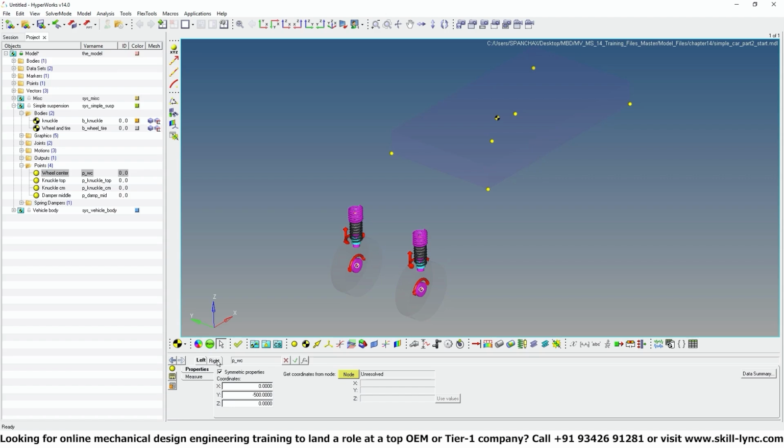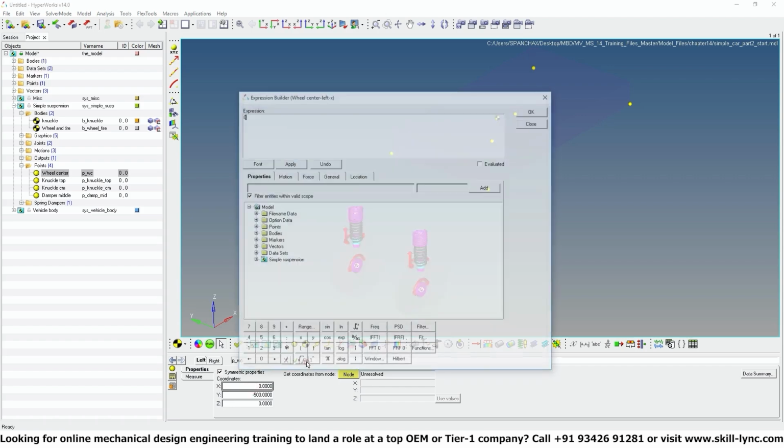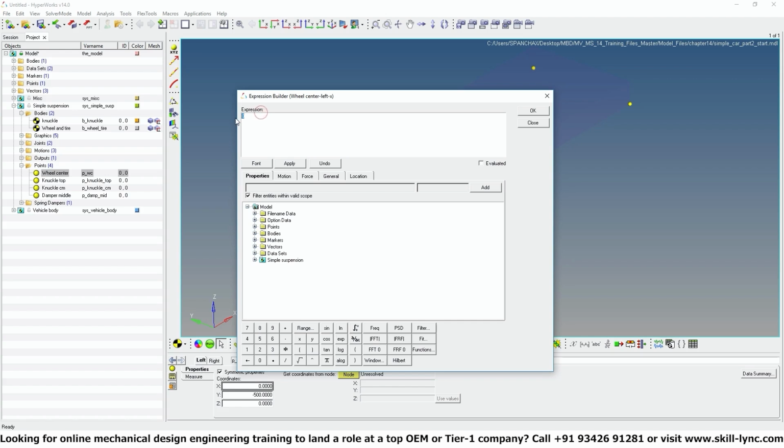left side. Okay. So it is parameterized with respect to the left tab, but the left tab is selected as the master side. So you need to go here, go to the X coordinate, go to the function builder. Okay. Here you need to enter the expression. So for that,